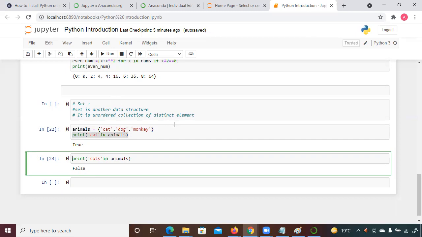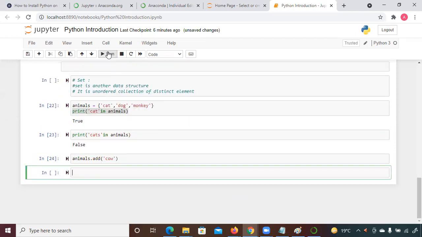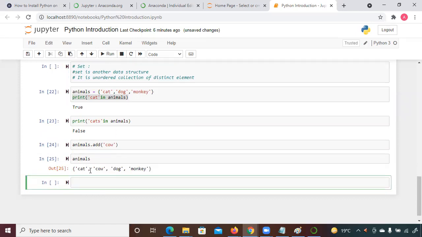But in the case of a set, how are you going to add an element? Animal dot add function. Even if you write an add function and add something like a cow, and you check animals now, you can see that it's printed.